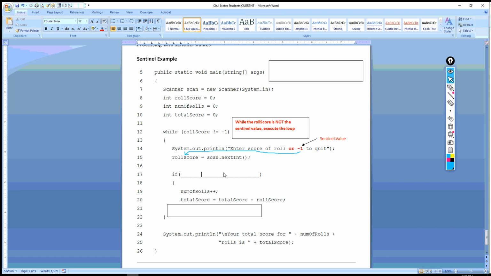So if the roll score is -1, we don't want it to add 1 to the number of rolls, and we don't want the total score to be updated. So we can use this same Boolean expression in the if statement in here. So we use the same Boolean expression